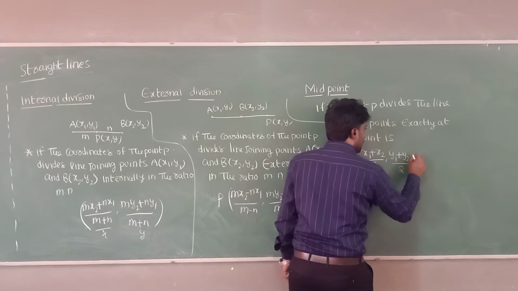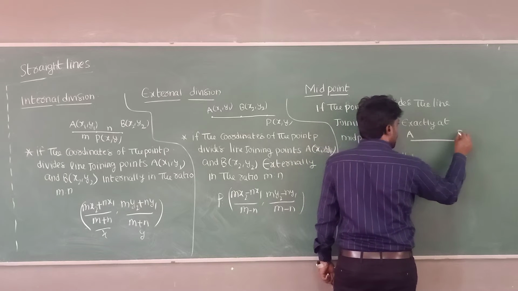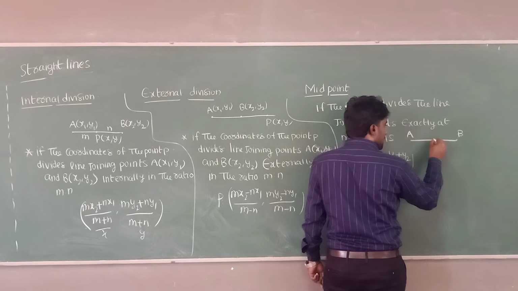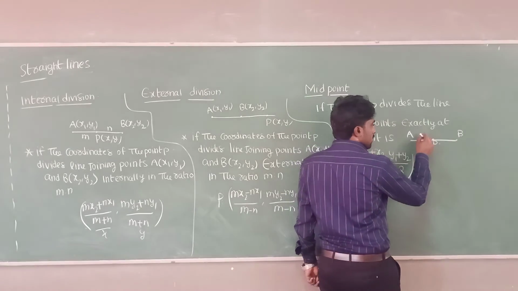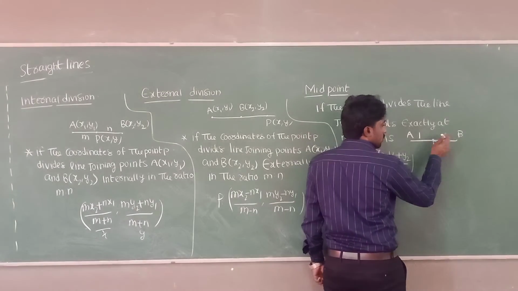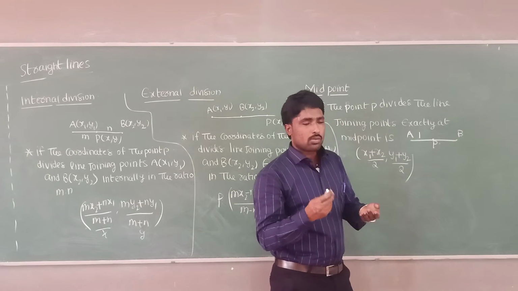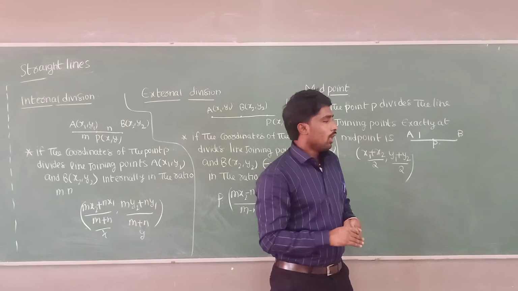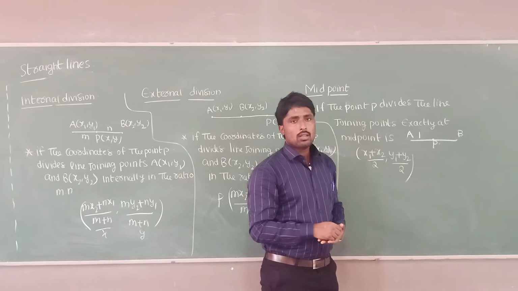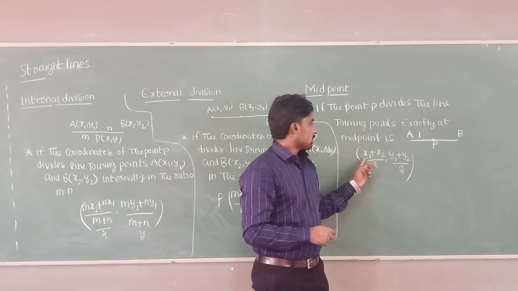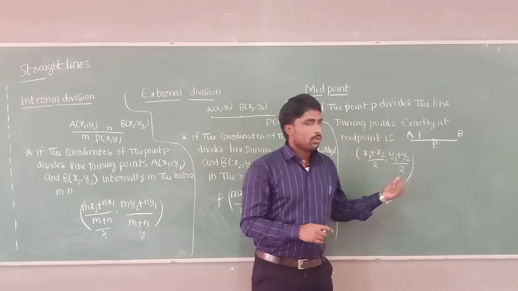In this case the diagram will be, you see here, this is point A, this is point B. A point P divides exactly at the midpoint. Midpoint means it always lies between A and B, so this ratio equals this ratio. The ratio becomes m is to m, or 1 is to 1, or 2 is to 2, or k is to k. If the ratio becomes equal, that point P divides the line joining the points exactly at the midpoint. So the formula is (x1 plus x2) by 2 comma (y1 plus y2) by 2. All of you note down up to here.